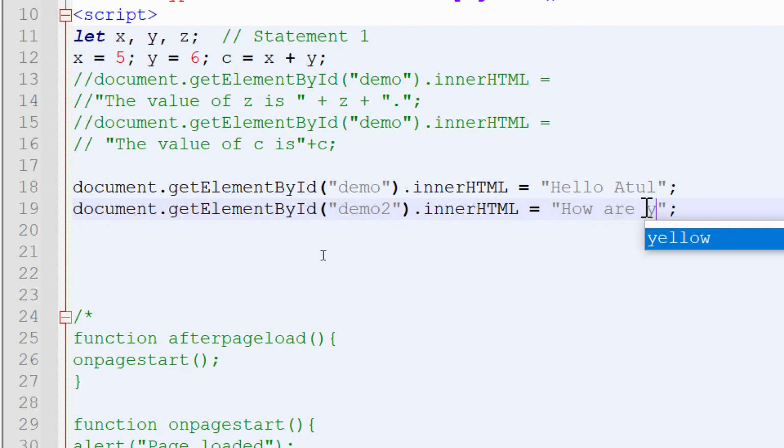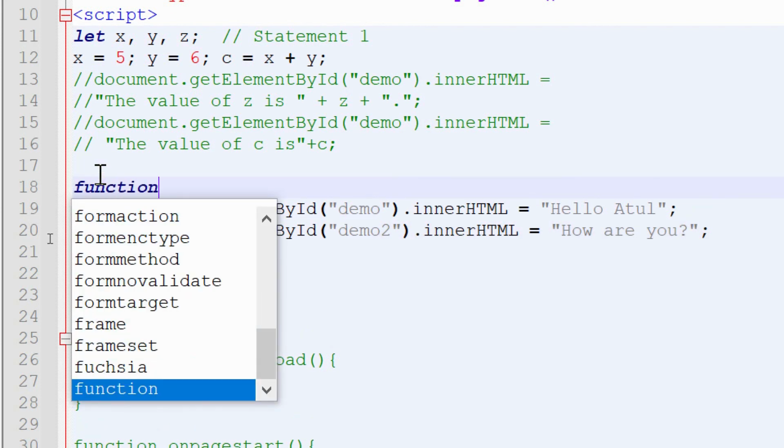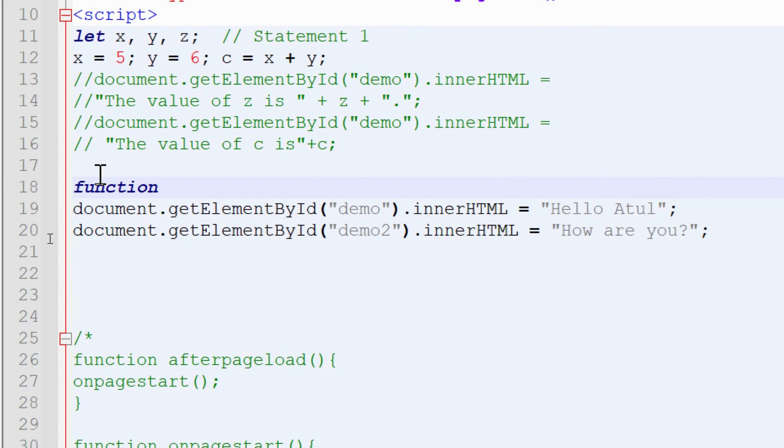Okay, so we can put it inside a function: function, the function name, and curly braces. You can see here multiple lines we can write inside this code block. We will call that function on button click.